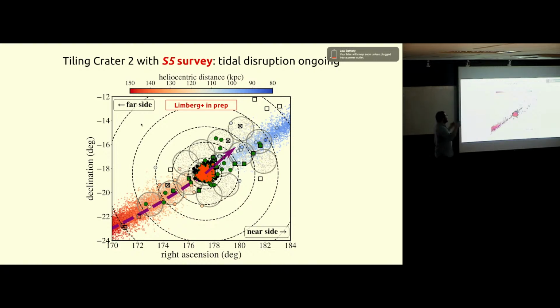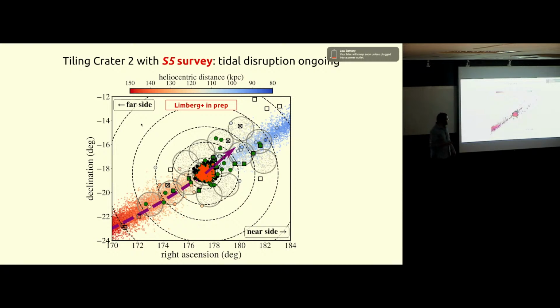And then, using some mixture model kind of thing, we find these members in green. So we really can see that instead of having a bunch of members around the center of the galaxy, this galaxy really does not have an extended halo. This galaxy really has a stellar string. So it has a bunch of these green points right here along the string track that we predict. So this galaxy really is apparently undergoing tidal disruption.